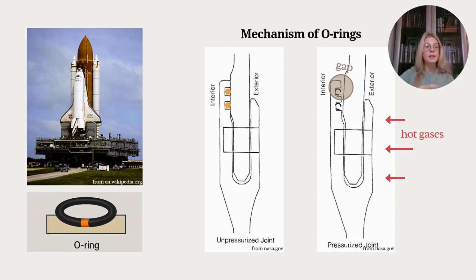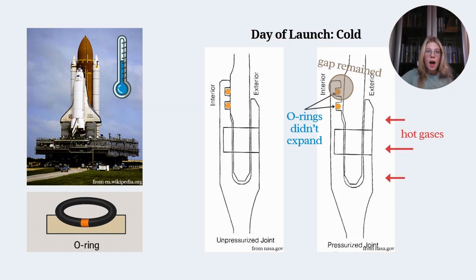The way that this system worked is that when the hot gases combusted, they exerted pressure that caused the fuel tank components to bend away and create an opening. However, the gases also raised the temperature, so the O-rings, becoming more flexible, expanded to fill the gap. However, on the day of the launch, the temperature unexpectedly dropped below 10 degrees Celsius, causing the O-rings to lose